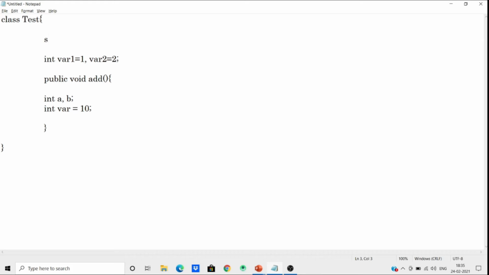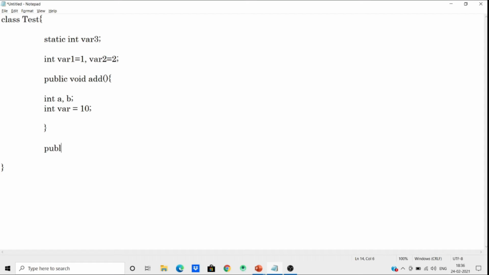The third one is the static variable. If I use the keyword static and then declare a variable like var3, then this is called a static variable. This is the same as the previous one, but the static keyword is used before the declaration of this variable. The fourth one is the parameter. So how to define a parameter?